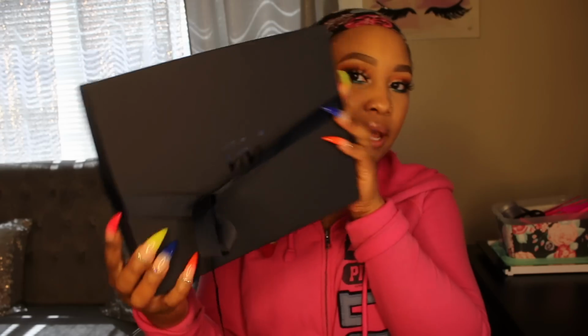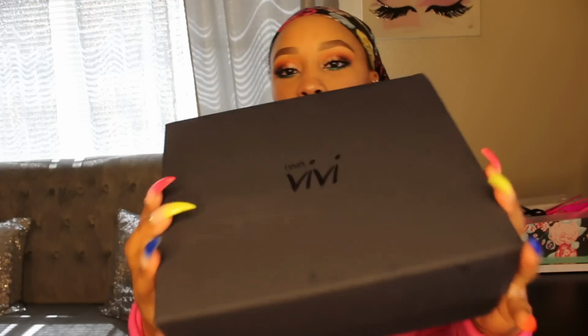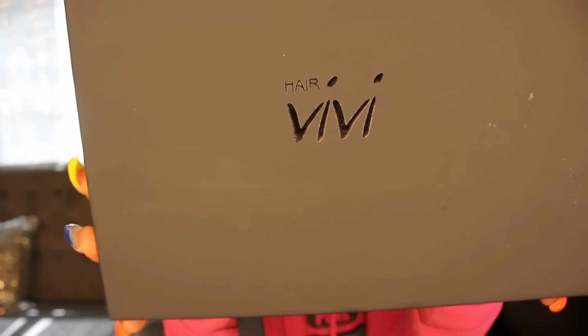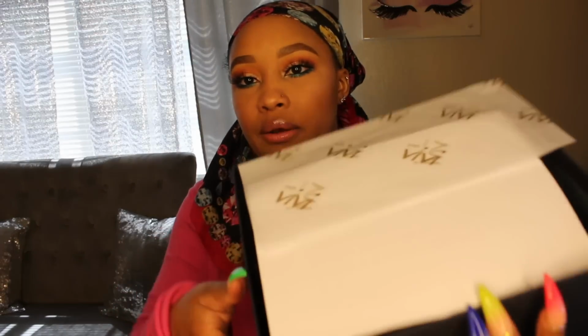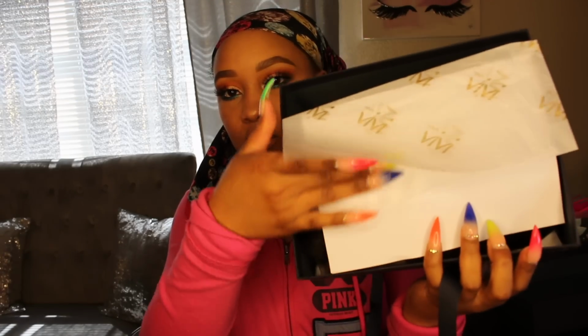How the wig comes packaged. Really cute little presentation with the bow and everything. It makes me feel like I'm opening up a bag or something. So this is from HairVivi. Once you open it up, this is how it is presented. It has like paper and everything. It reminds me of shoes or a bag, the way that it has the tissue paper and everything like